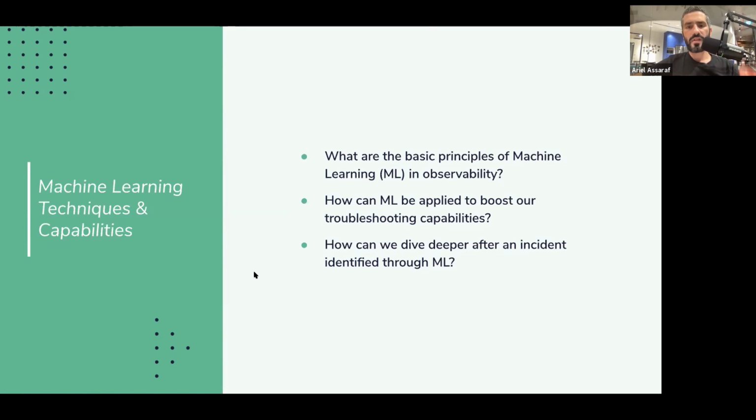When we think about principles of machine learning and observability, number one is you want to collect as many data sources as you can. And then again, there's a balance to strike between the cost that you're willing to pay and that. Number two is building your organization now as a customer, not as a vendor, to be able to